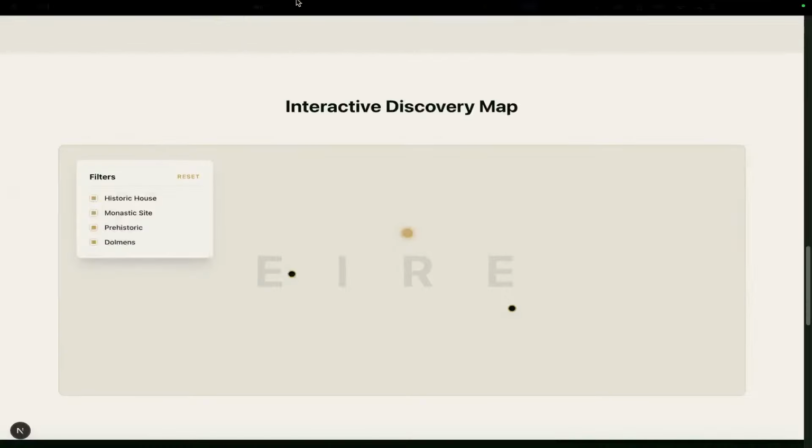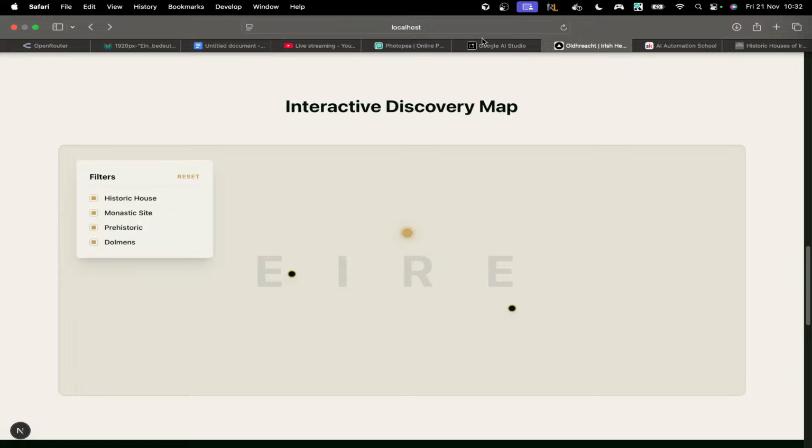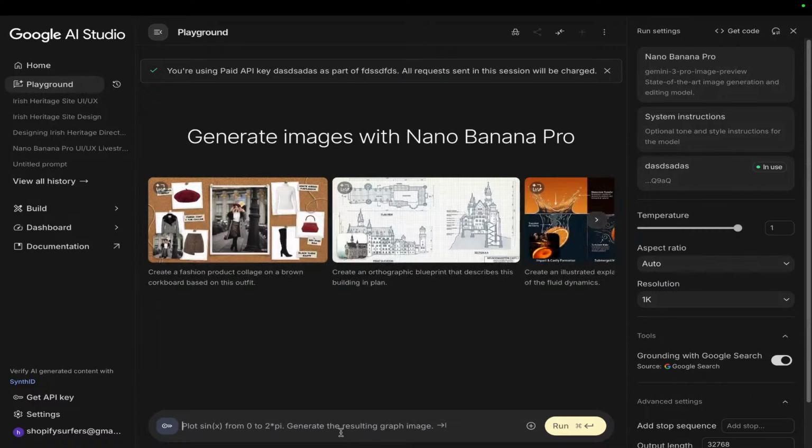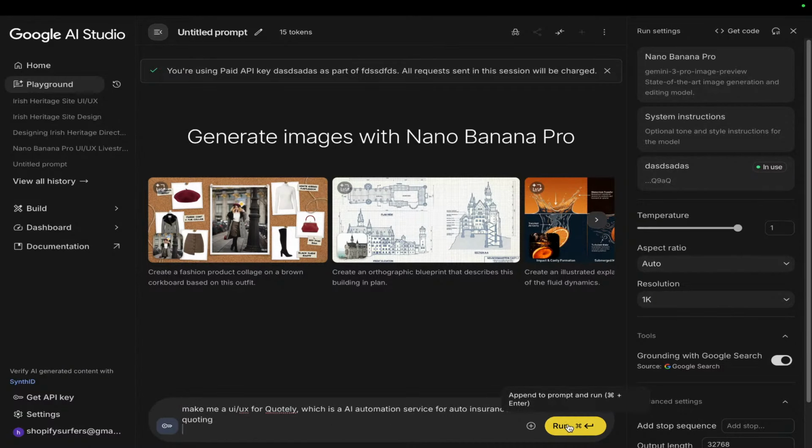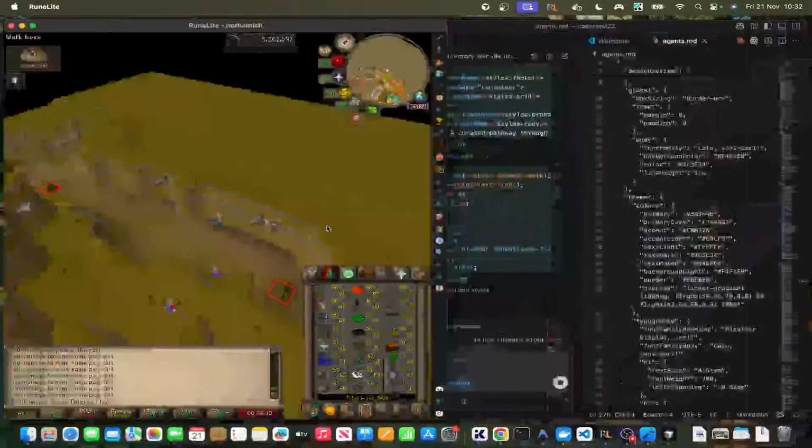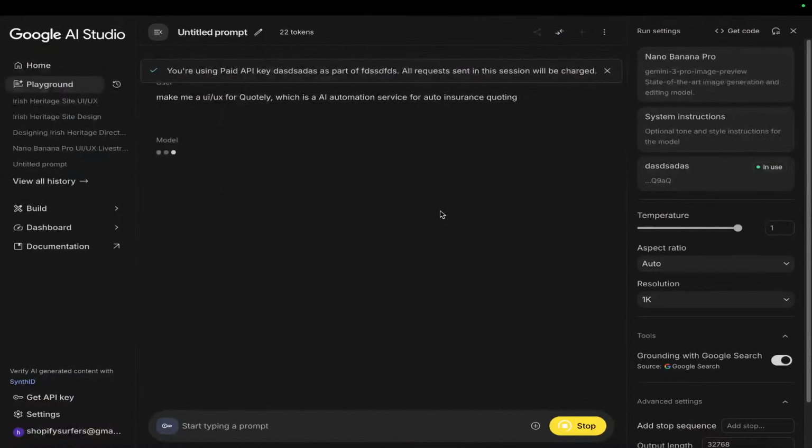Yo, this is such a good improvement for our processors, by the way, this Nano Banana. So I could be like, make me a UI UX for Quotely, which is an AI automation service for auto insurance quoting, right? Previously, we would have had to spend maybe a week, 2 weeks, 3 weeks creating a UI UX. Now,